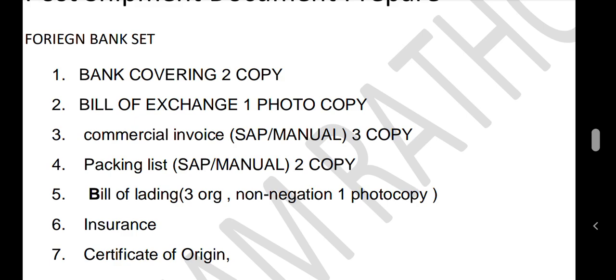The certificate of origin is provided by the government, certifying that the goods are made in India or a specific country, where the goods are manufactured. It is certified by the government, you can say the Chamber of Commerce and Industries. So this document also needs to be attached with the set for the foreign bank.